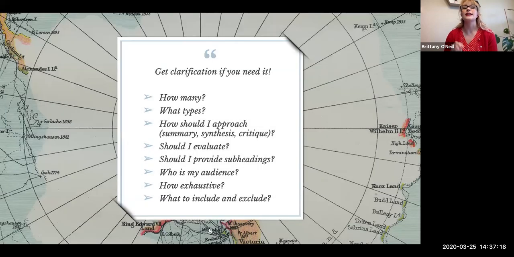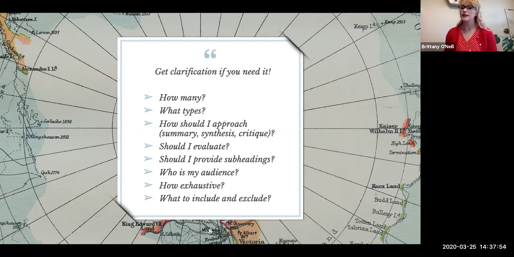The important thing is you can get clarification if you need it. So for those of you who are trying to write literature reviews for a dissertation or a thesis, you have an advisor, you have faculty that you can go to ask for help. If you're working on a publication, you might have an editor that you can look to. Questions that you might ask, things like how many sources? Things like a dissertation or a thesis might require more sources than just a scholarly journal article. What kinds of sources? In many cases, you want things like peer-reviewed journal articles and works from edited books,